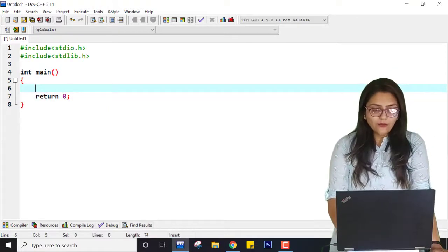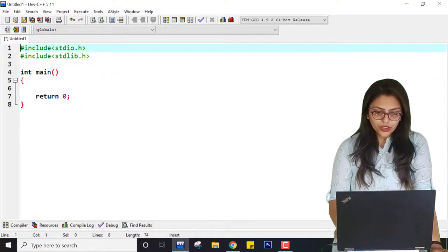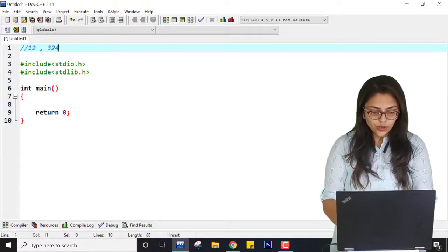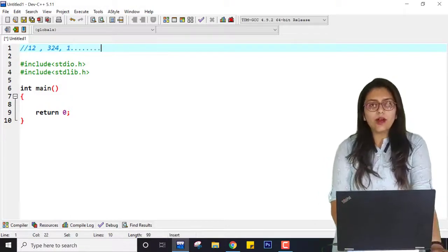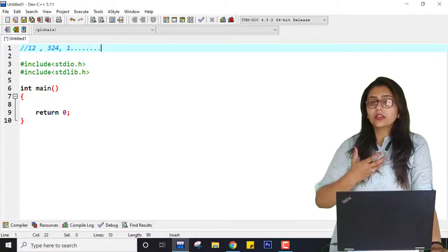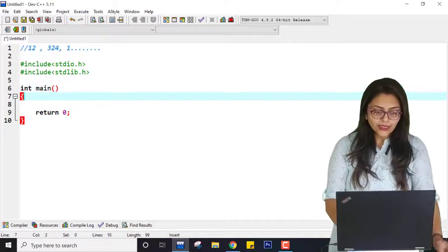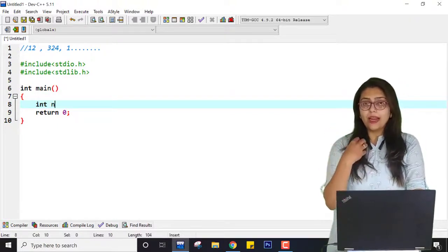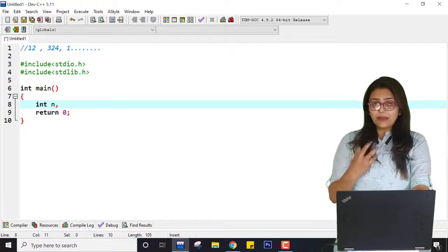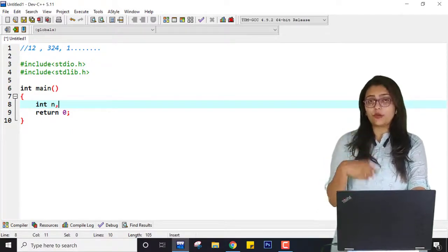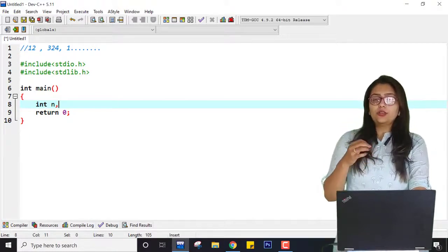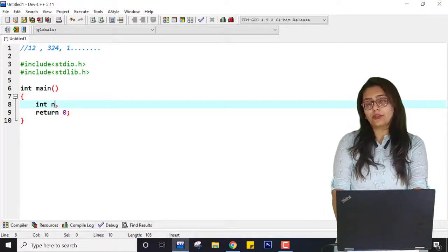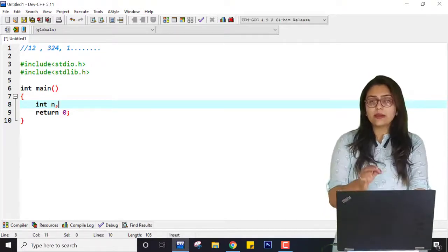Now I want to write a program in which I'm going to add some random numbers entered by user. So whatever numbers are entered by user, I want to add them, but by allocating the block dynamically. So for that I am taking int n. So n is the size of block which will be allocated. Suppose n is the number of elements. So suppose I want n elements, then I need n into size of integer size block, right? So suppose n is 4, I need 4 into 4, that is 16 byte block. So n is number of elements.